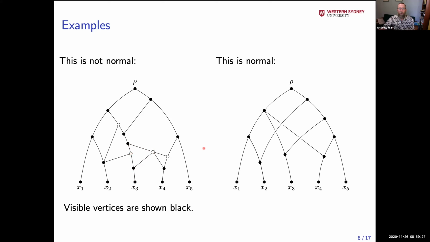This one is normal. All of these vertices are visible. And I guess to believe that, you probably have to stare at it a little bit. But again, perhaps not too long, because some of these vertices along here are the first vertices above leaves, so they must be visible. The only ones you really have to think about are these three up here, and it probably doesn't take too long. In fact, it's very straightforward because X1 makes this one visible because it's only got tree vertices up to the root, and X5 makes these two visible. So all of those vertices are visible.